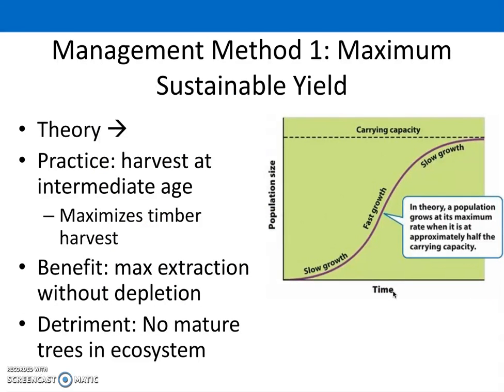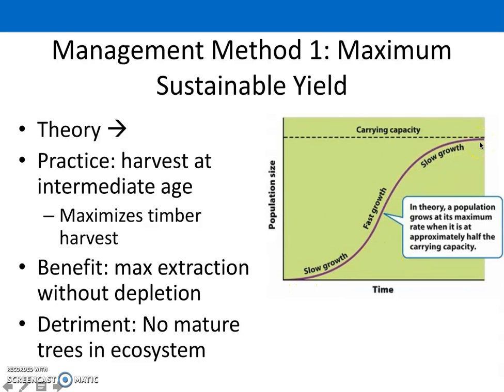Okay, so we're going to take a look at three management methods that people use all over the world. The first management method is maximum sustainable yield. With each of these, I'm going to look at the theory, the practice, the benefit, and the detriment to that method. So the theory for the maximum sustainable yield method is that, and this curve should look familiar,